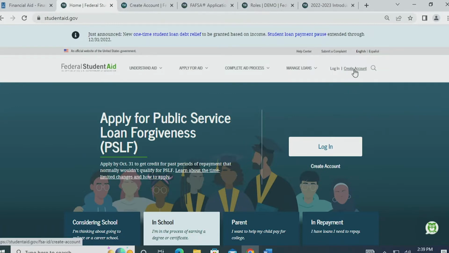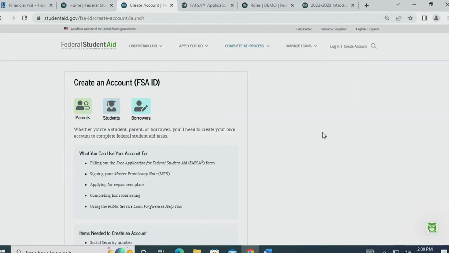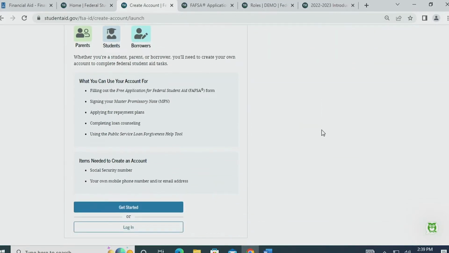We encourage you to create an FSA ID prior to completing the FAFSA as well. Your FSA ID is a username and password that allows you to log into the FAFSA and several other federal financial aid websites, as well as provide electronic signatures on the FAFSA for quick processing. Parents of dependent students who are United States citizens will also need an FSA ID separate from their students. If you are not able to create an FSA ID, rest assured that there are other ways to sign and submit your FAFSA. You can create or update your FSA ID at studentaid.gov.